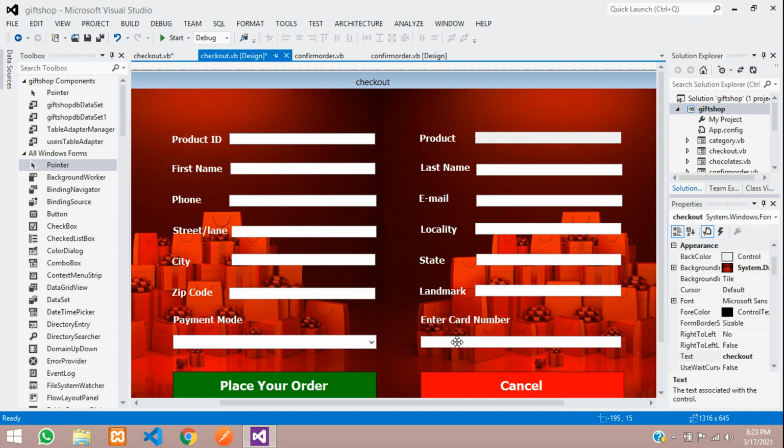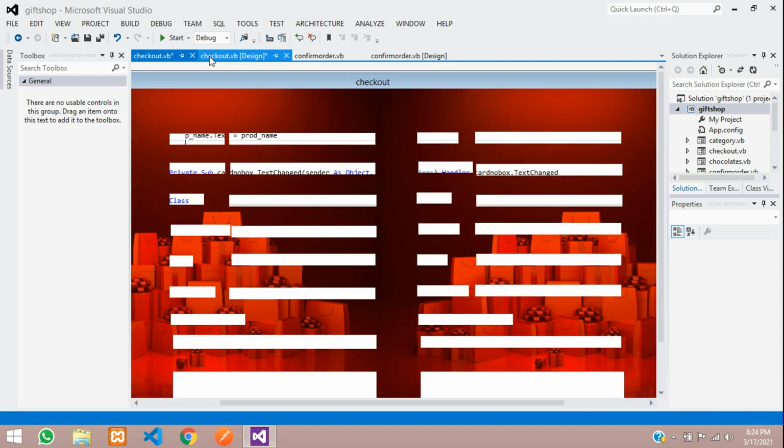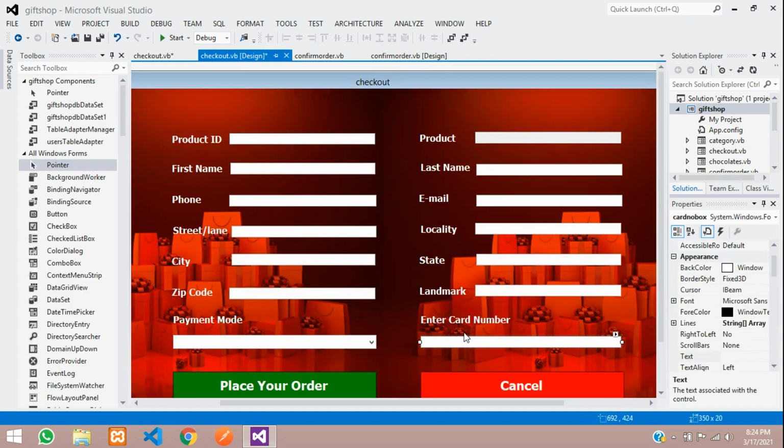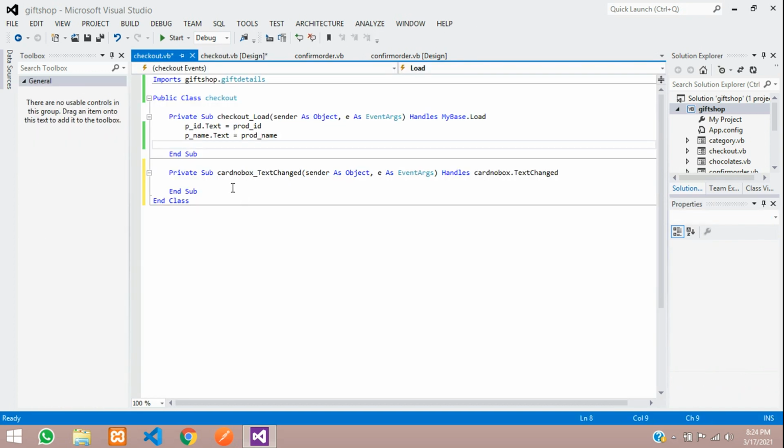What we are going to do is just double click on this. This is the load function, right? So here we will make it false, so that when it is coming, it will be hidden. We are just going to copy the name of the label and the text box. The name is card number box, copy and paste, dot visible equal to false.